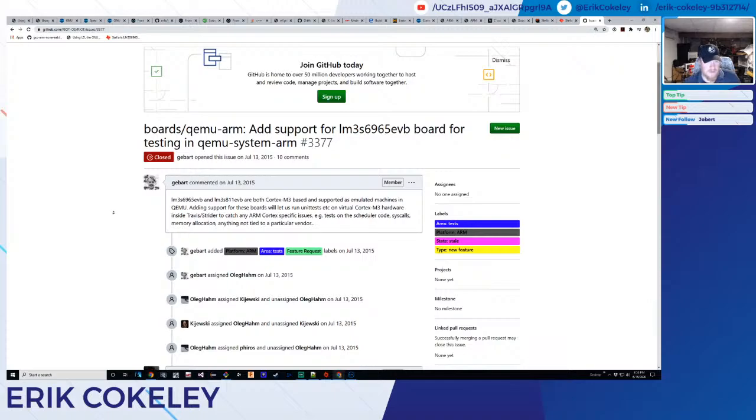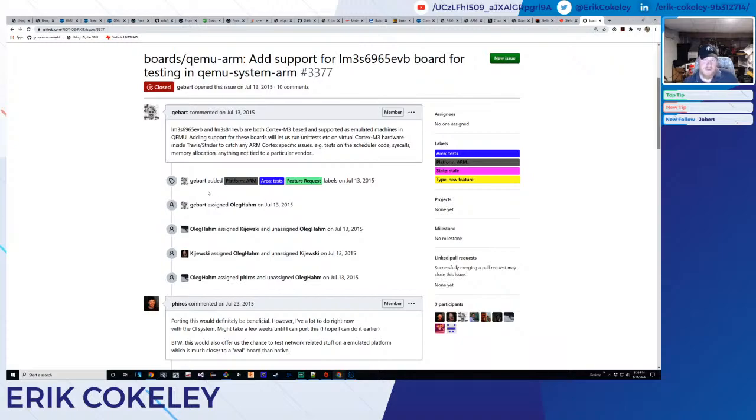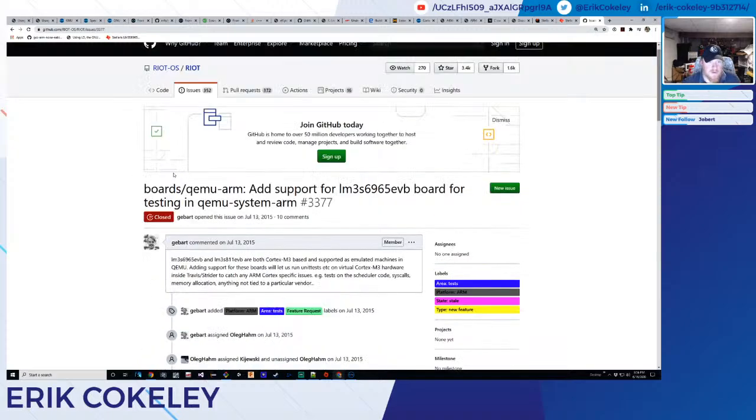Five years ago. We're both M3 based and support a related machine in QEMU. Adding support for these boards will let us run unit tests, etc. for the hardware. So this is when they were doing the work, it looks like, for